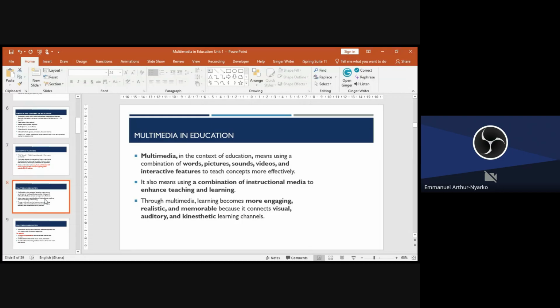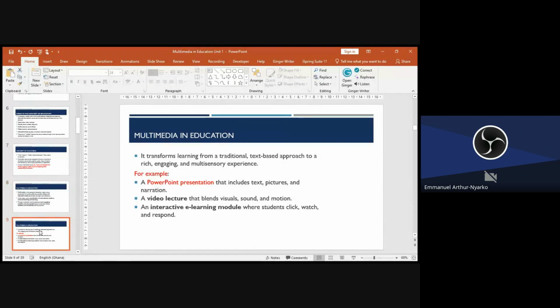Through multimedia, learning becomes more engaging, realistic, and memorable, because of the ability to see, to hear, and to feel what is being taught.